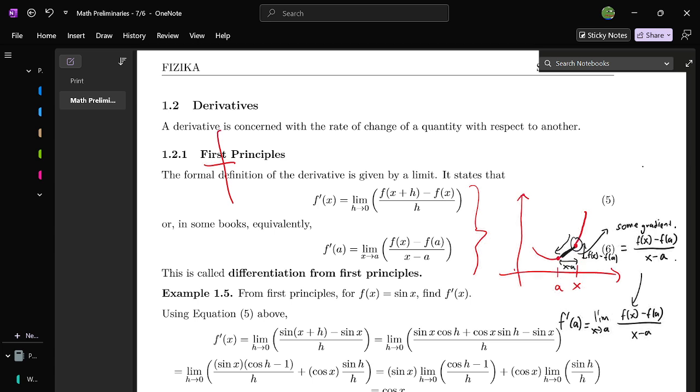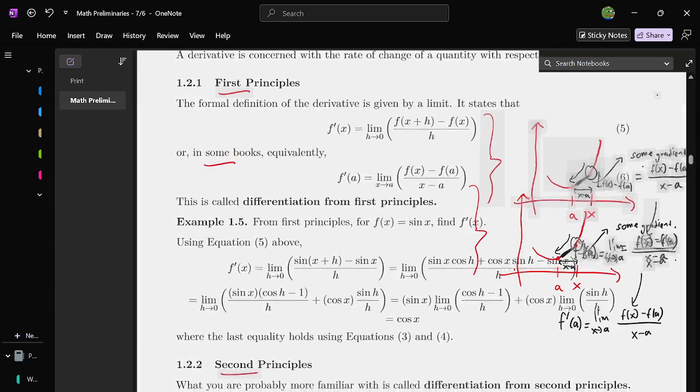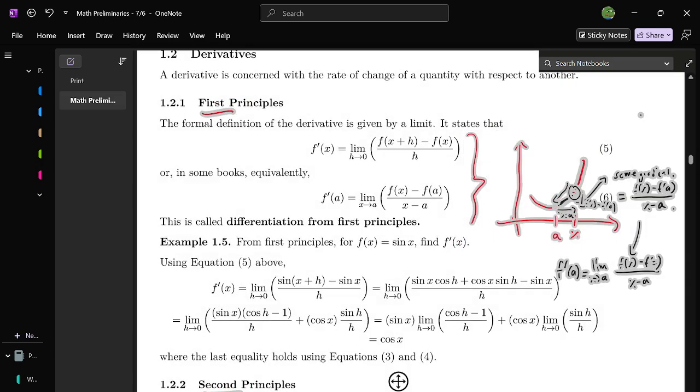We have f(x) equals sine x. We want to find f prime of x using first principles. So this just reduces to a case of just plugging in either one of these forms. These forms are equivalent, so you can just use any one of them that you like. Yeah, you can just see that if you plug in this form here,